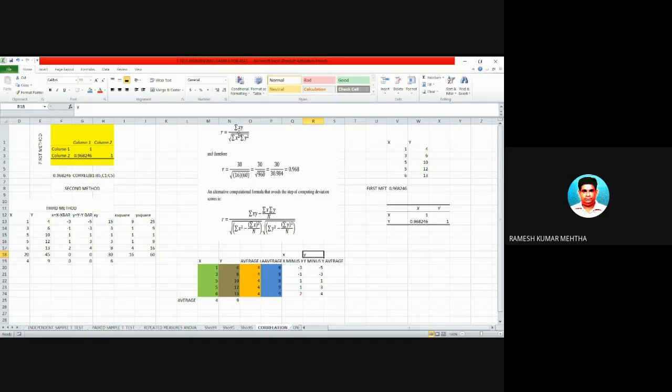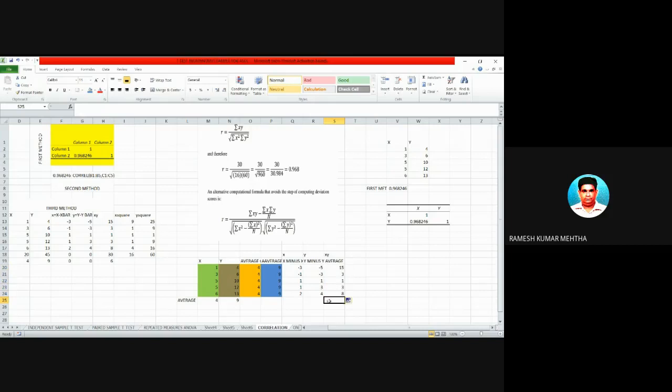Now what do you have to find out? Let's go to the formula. Now what does the formula require? The formula requires the sum of xy, the sum of x square and the sum of y square. So first we'll find out xy, that is small x into small y. That is equal to minus 3 into minus 5. So you got 15. Next one is minus 1 into minus 3, which is 3. You can drag it and you will find xy for individual items. So you got 15, 3, 1, 3 and 8.